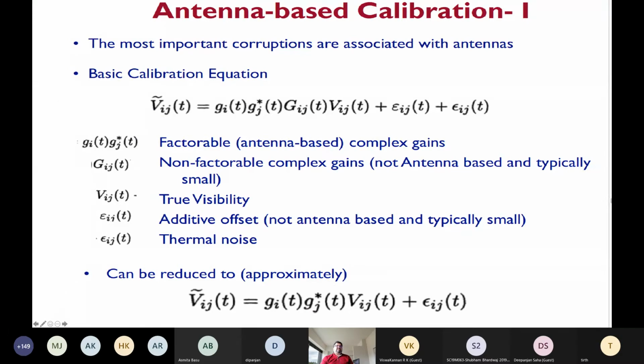Some of them can be dealt with before the imaging. Some of them have to be dealt with in an iterative manner, with imaging followed by another calibration and then again another imaging. This is what we call self-calibration, where you calibrate the data by the best known possible model which is created from the data itself. It's a bit complicated for now. Let's keep it there, and if you want more information, you can write to me or we can talk later offline.